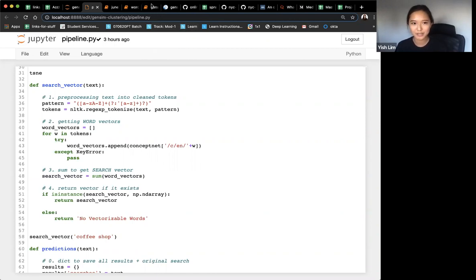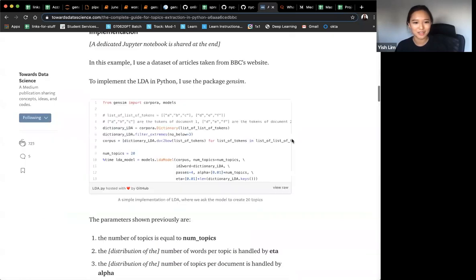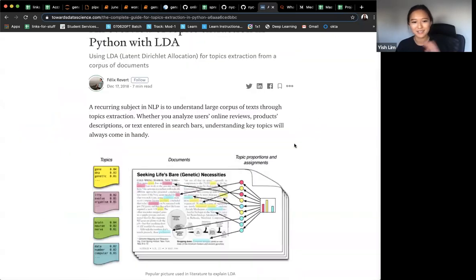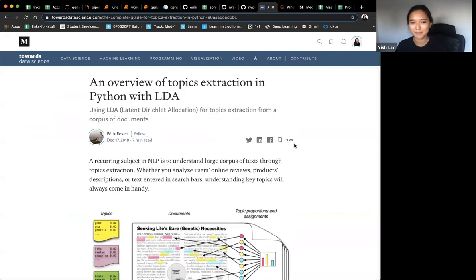But that's about Jensen. I'm going to backtrack a little and talk about LDA. Let's see, I think this is the one that I was sending people. Yeah, I really like this Medium article talking about LDA. LDA is different from k-means slightly. I honestly haven't looked into the math of LDA to see if it does the clustering similarly or differently than k-means. But the main difference between LDA and k-means is that k-means will assign each row to one single cluster,